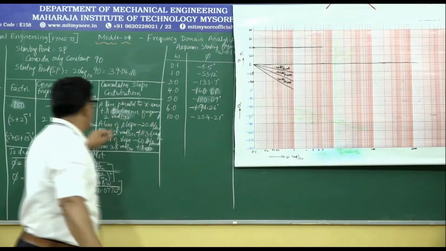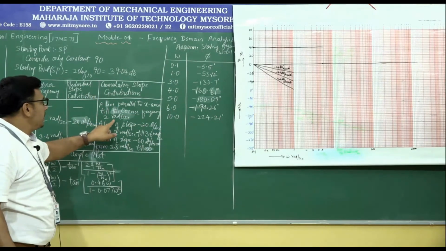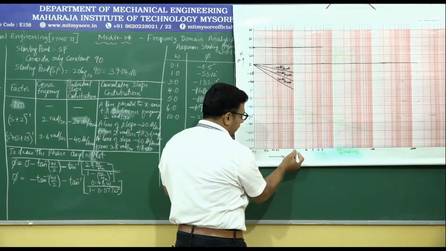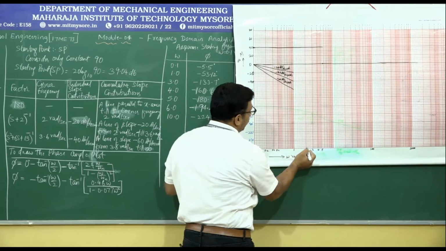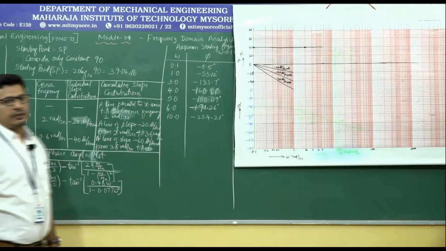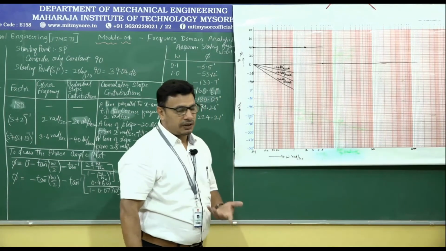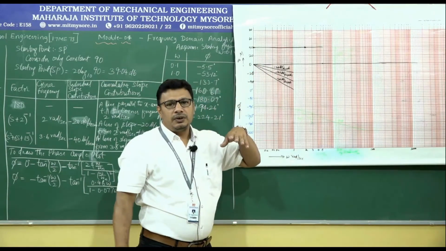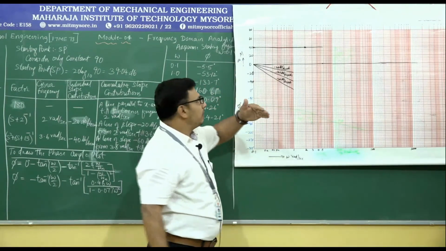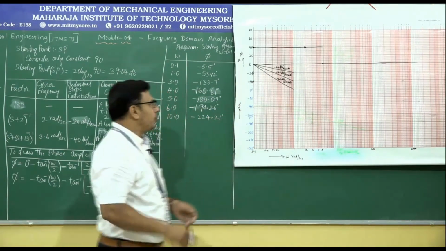How long it should be drawn? It should be drawn from this starting frequency, as we have assumed, till 2 radians per second. Where is 2 radians per second? See, 0.1 you have started, 1 decade means 1, then 2 comes over here. So till here you have to draw a line parallel to the x-axis, right? Why it is parallel to the x-axis? It is explained. See, there will be no omega value. For any value of omega, the constant is not going to change, because of which the magnitude plot will be a line parallel to the x-axis. There will be no slope.